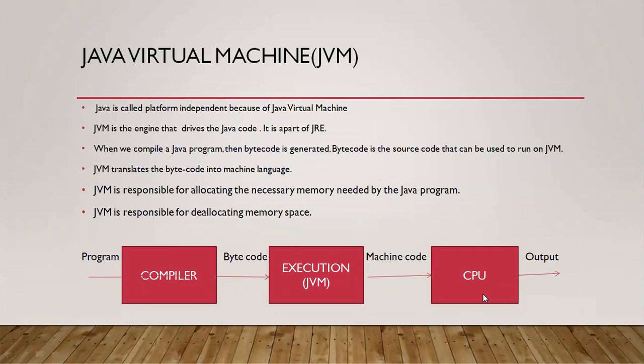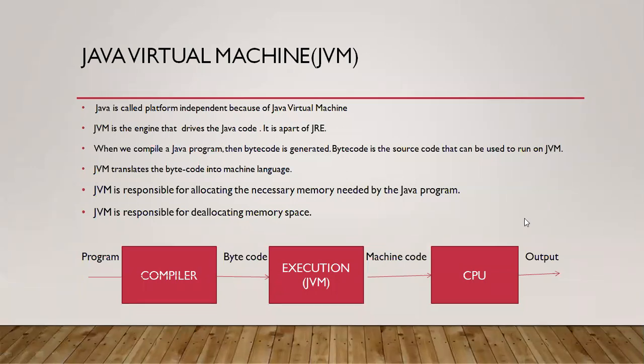What is the A value, what is the B value, and what is the C value? What is the total of those three values? Suppose the A value is 10, the B value is 10, the C value is 10. So A plus B plus C means 10 plus 10 plus 10, and now we get the result of 30. The CPU unit gives the result to us, that is 30. That is the general process.